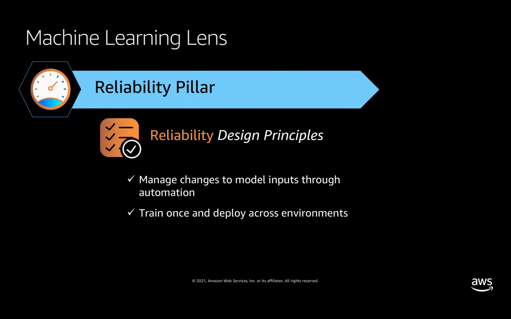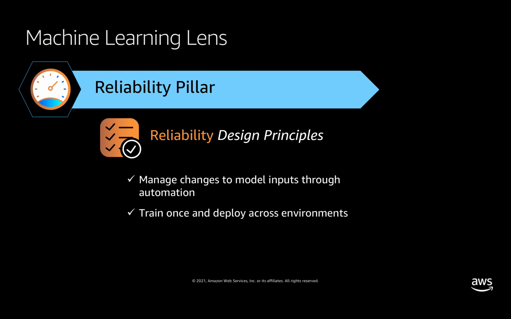Next, we'll cover our final pillar, reliability. Again, in the lens, we focus only on the principles for reliability that have unique considerations to ML. Many of the principles for reliability are covered in the broader framework, so we don't repeat them here. It leaves us with really two key design principles specific to machine learning, including first, managing changes to model inputs through automation. And this refers to ensuring all inputs that are used to train and host a model are traceable